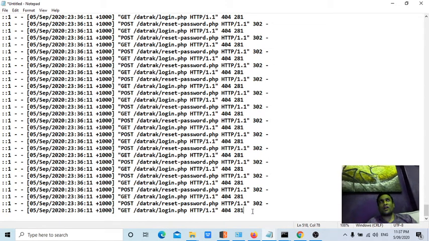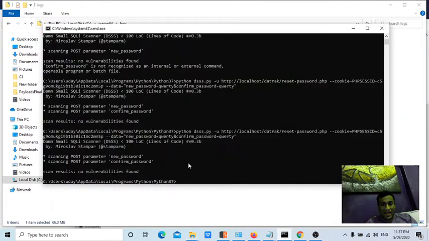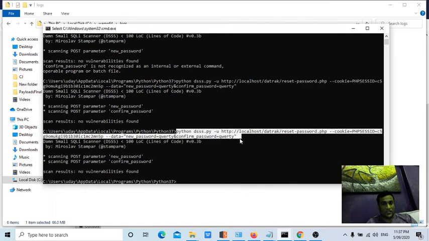If we make it half, 250. So it is checking 250 SQL injection combinations to identify vulnerabilities on these two parameters, guys. That means this application is working very nicely, and this is how you need to check for SQL injection for POST parameters using Damn Small XSS Scanner.